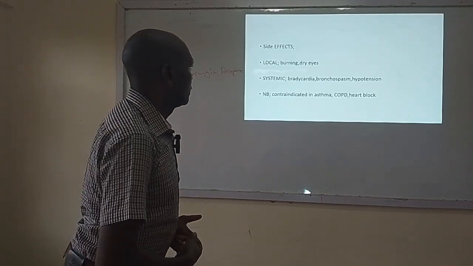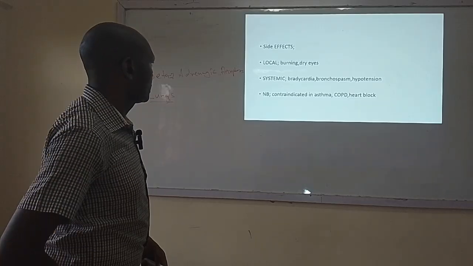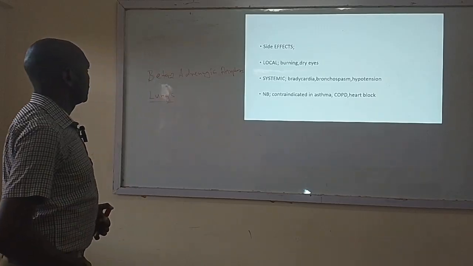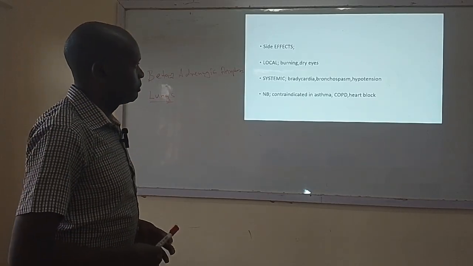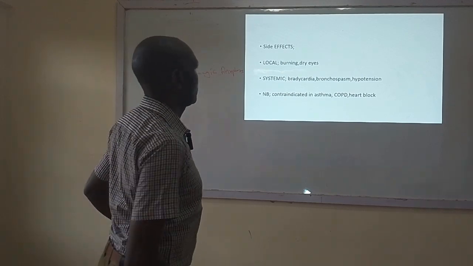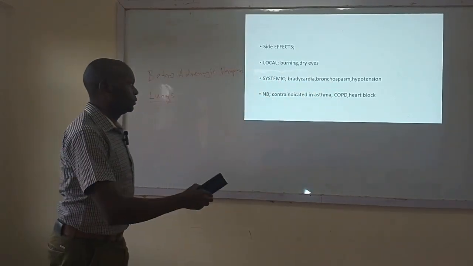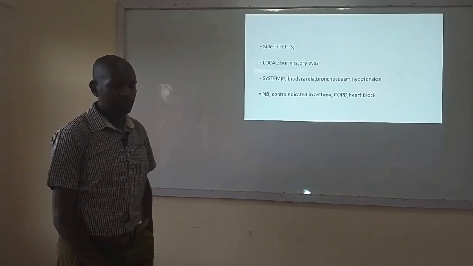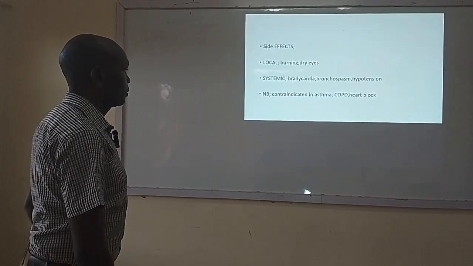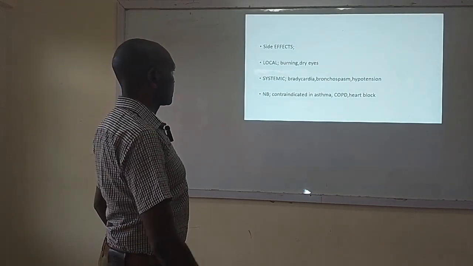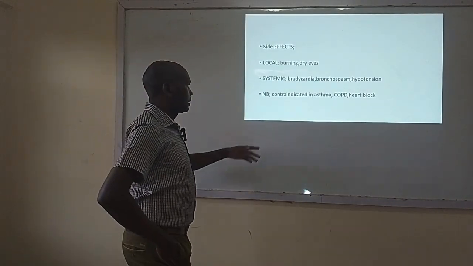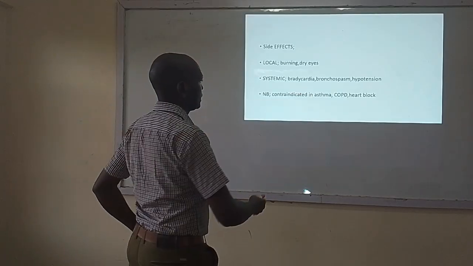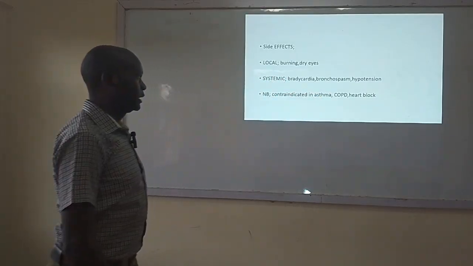So if you stimulate the beta 2 adrenergic receptors, you get bronchospasms. So if you get bronchospasms and you are an asthmatic patient, it will just trigger asthma, or it will worsen the condition. That's why these drugs, the beta blockers, are contraindicated in asthma and COPD, chronic obstructive pulmonary disease,